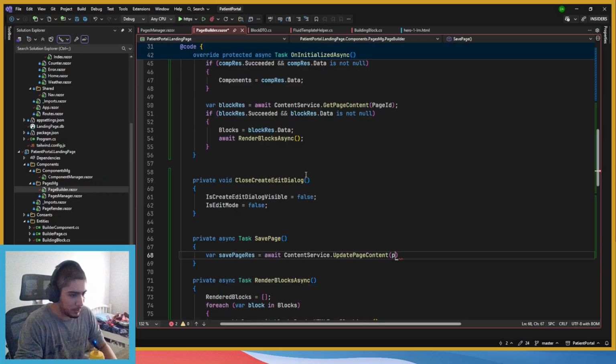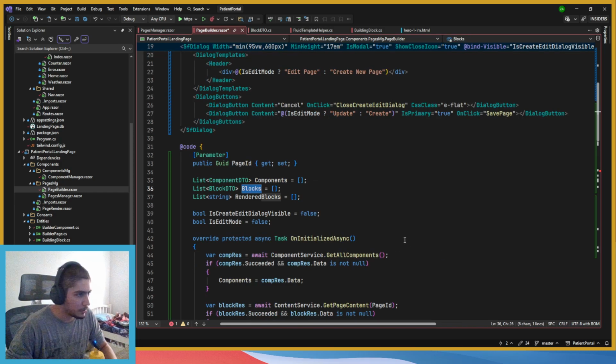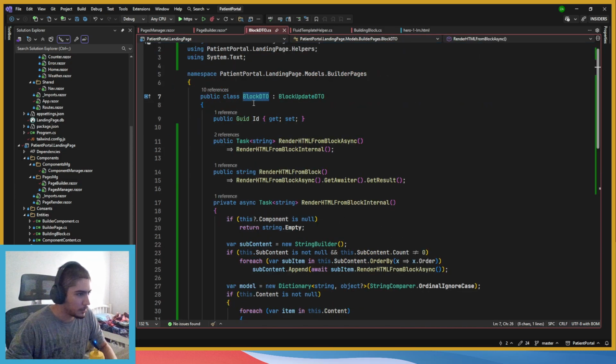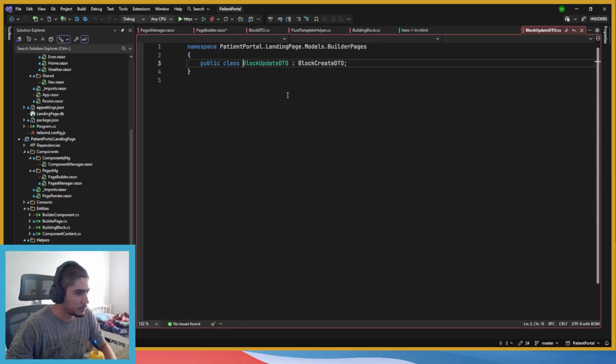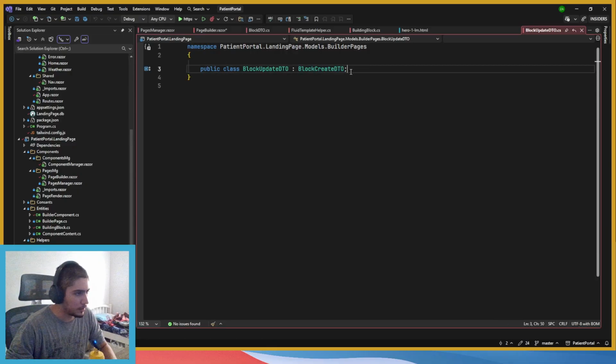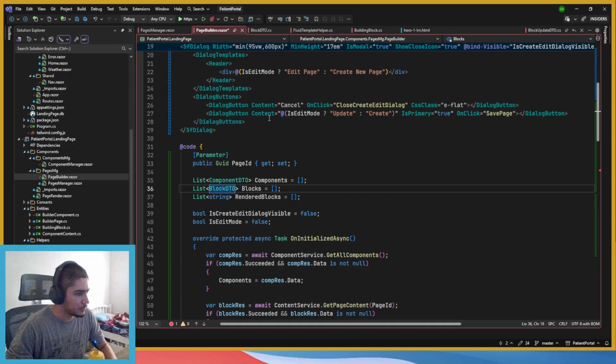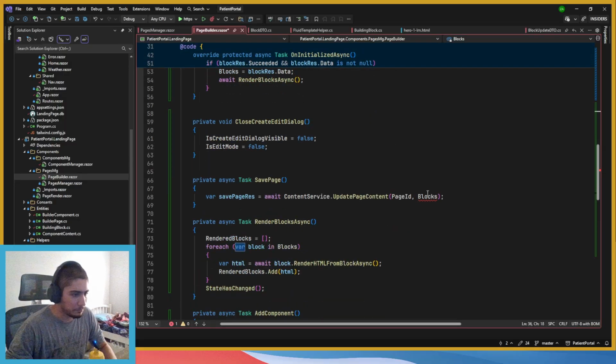The page is page ID, and the content is the blocks. Yeah. What? Well, block takes from update. Update should take from create. Yeah, and it should work.